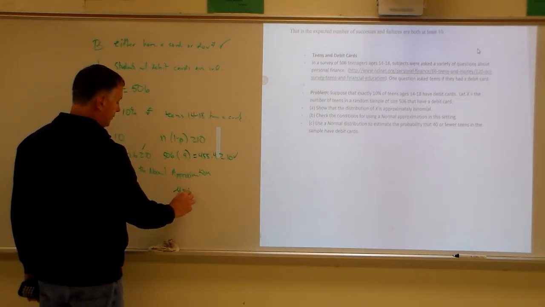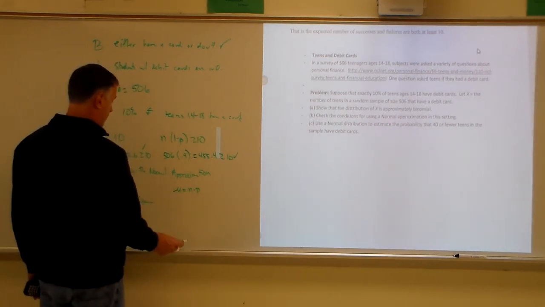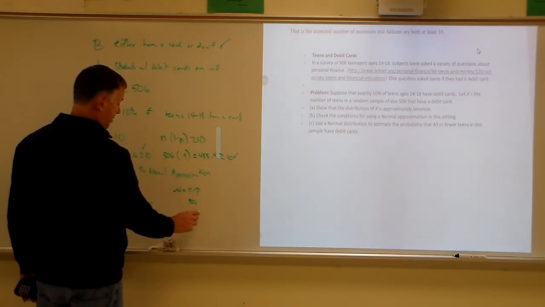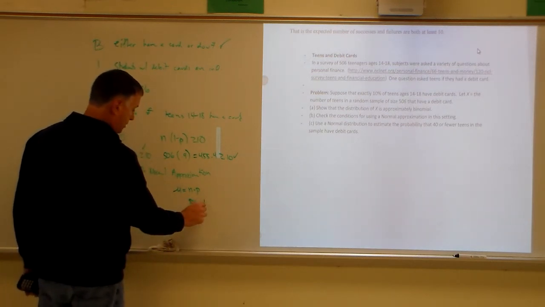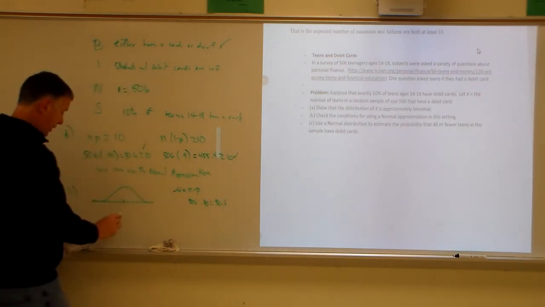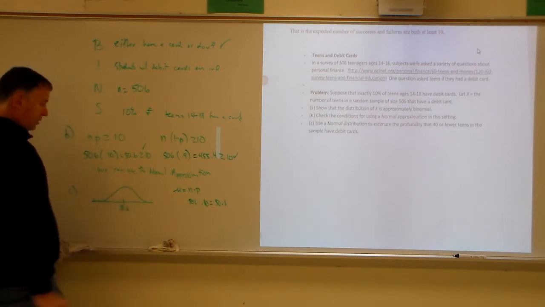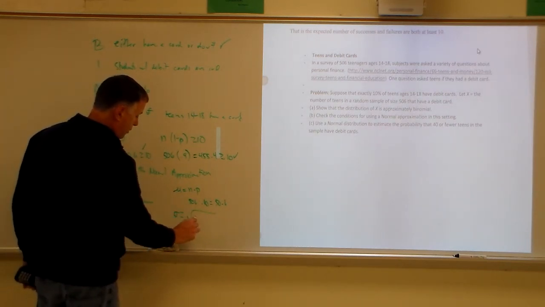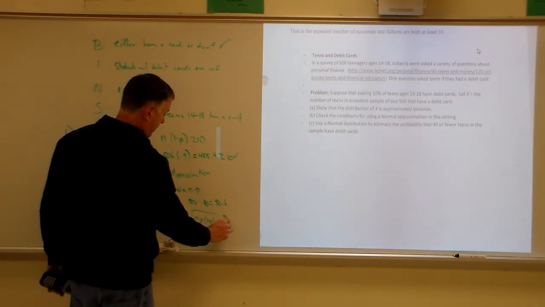Mean is n times p. So that's going to be n is 506 times p is 0.10. So I get 50.6. Stuff goes here. 50.6. Standard deviation is the square root of n times p times 1 minus p,